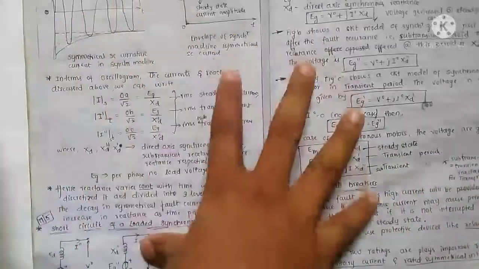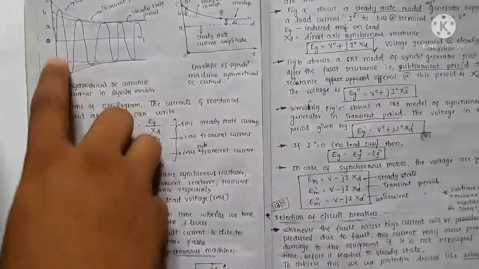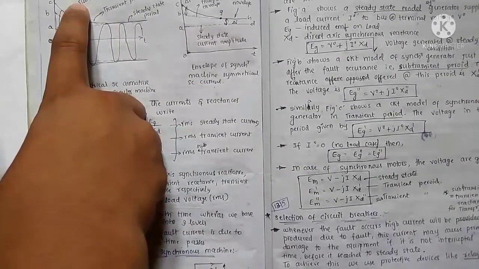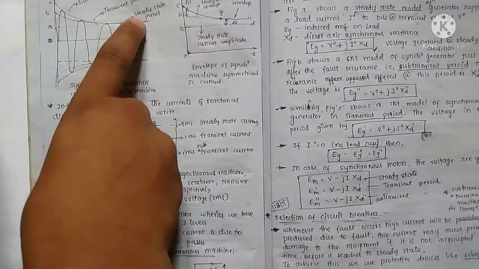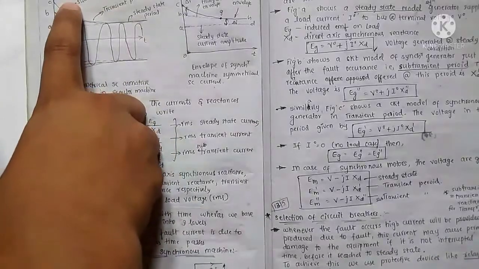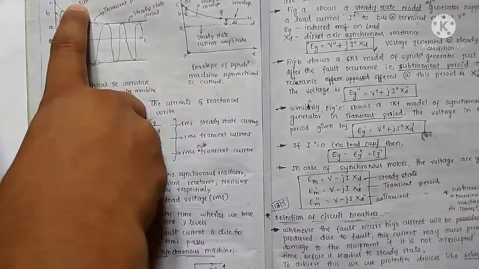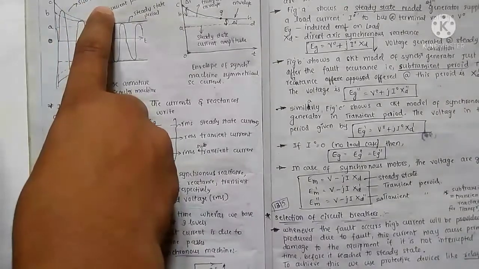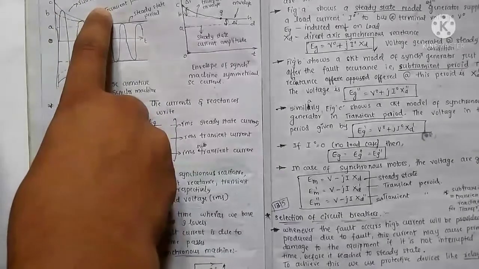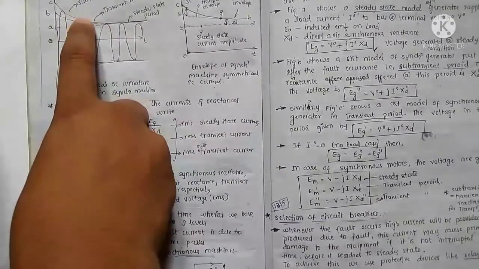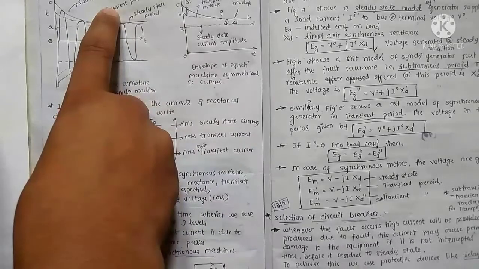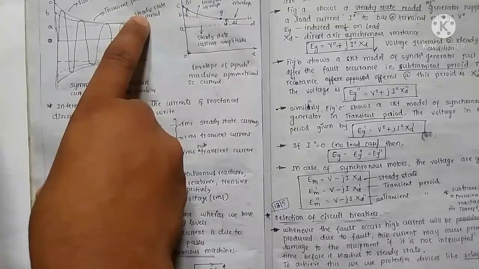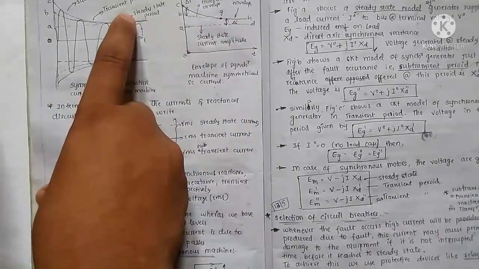Next, I'll see one point here. In the subtransient period we call it subtransient impedance, then transient impedance and steady state impedance. For the knowledge purpose, in the subtransient period there will be high current, that implies very less impedance, right? Very less impedance, and compared to this there will be a smaller current in the transient period, because it's gradually decreasing. In the transient period there will be a smaller current, that is a middle impedance, and in steady state there is a lot of impedance, and there will be a small minor current.